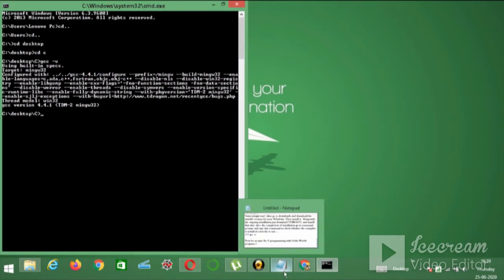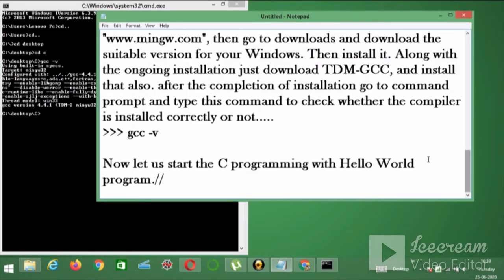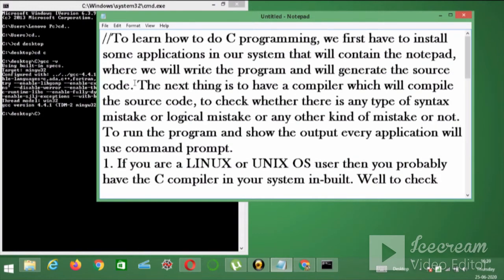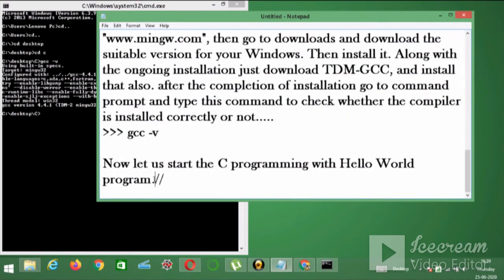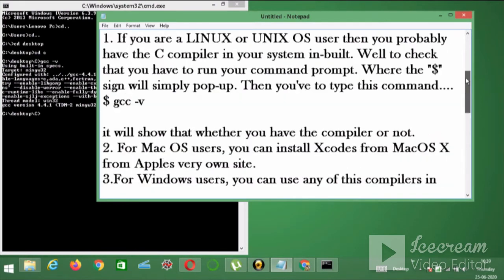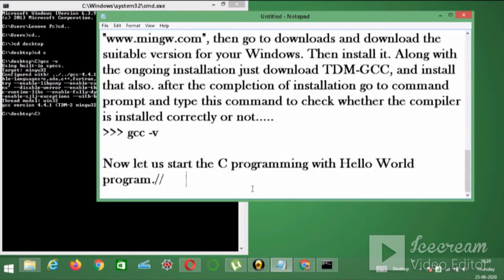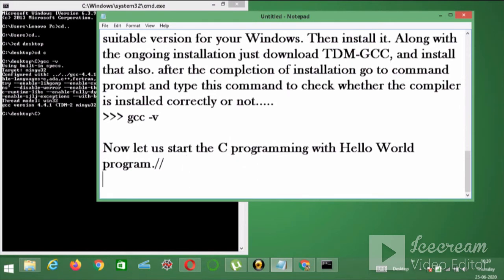Now to run a program, I will open the notepad again, where I have commented the whole text with a double slash at the start. This means in C that it is just a comment, not a command. To start our C programming, today we will learn only how to print something in the window.